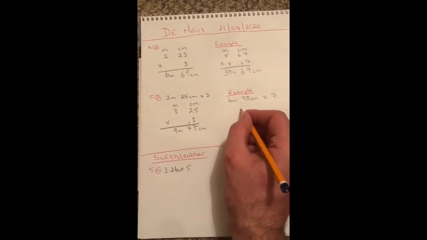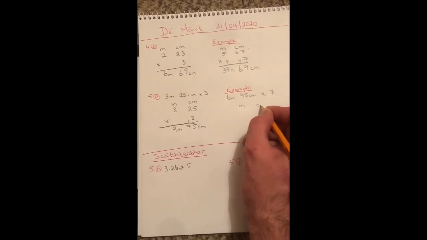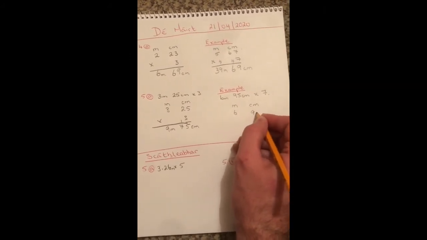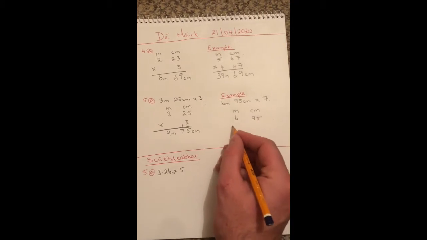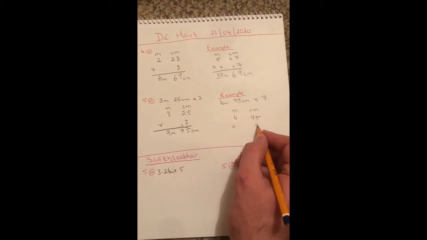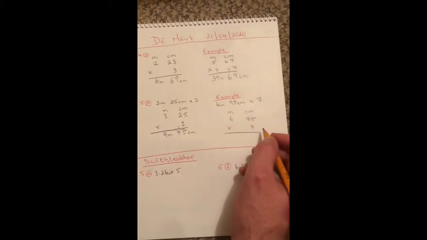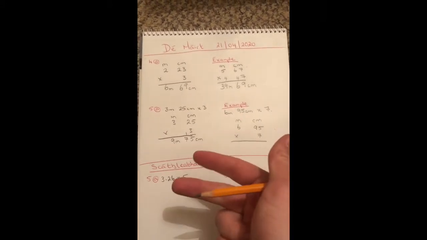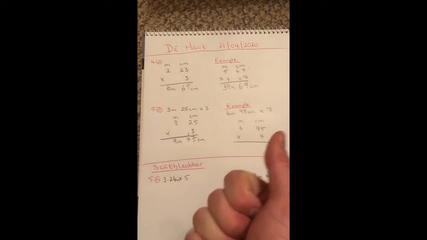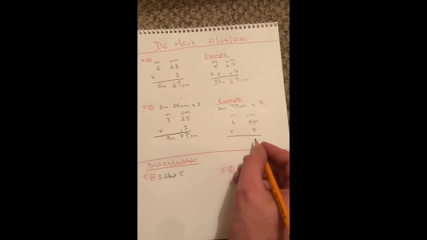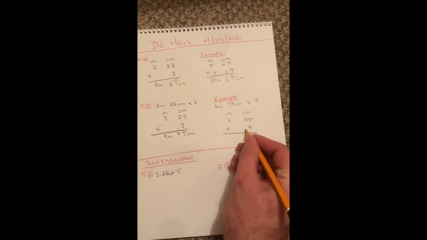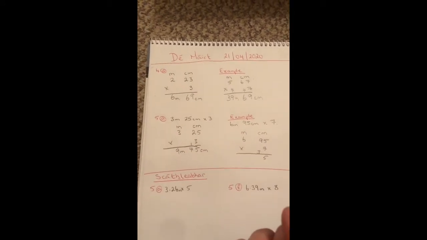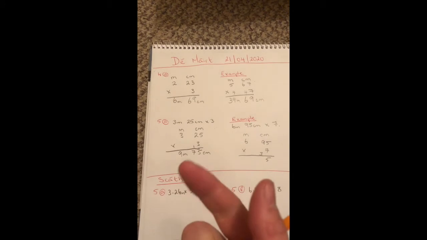And we're going to do it the same way as the other ones as well. So we'll write down our meters and our centimeters. So 6 meters, 95 centimeters multiplied by 7. So 7 multiplied by 5, we can go 7, 14, 21, 28, 35. So we carry our 3. Now we have 7 multiplied by 9. So 9, 18,